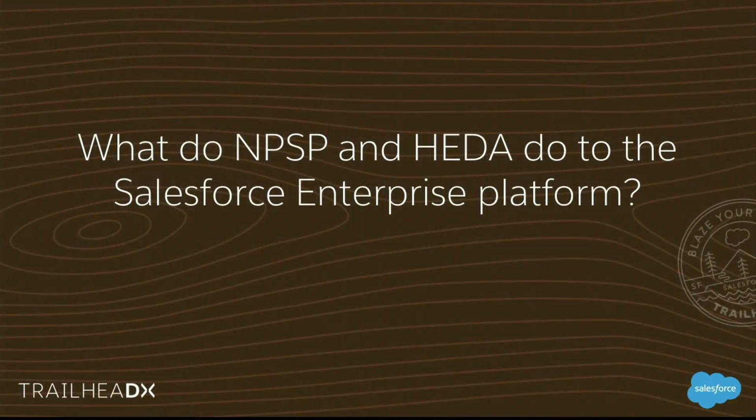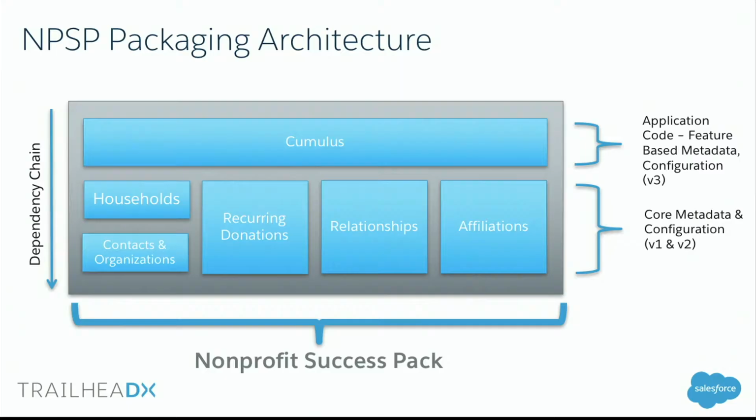So what do these products do to the enterprise platform, and why is it important for you as developers, as integrators, to know this? One, the Nonprofit Success Pack is packaged as a series of 5 legacy managed packages overarching with the Cumulus managed package, aka what you will see as the NPSP namespace. The NPSP package carries the code, the feature, the metadata, and configuration, and it references those 5 legacy packages that